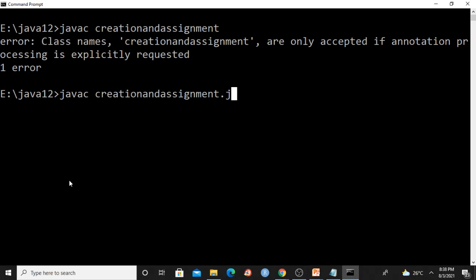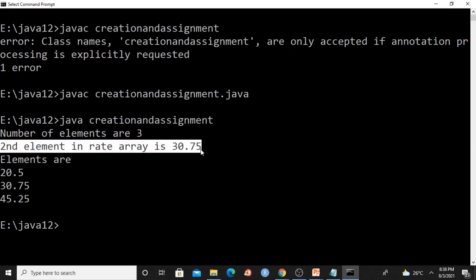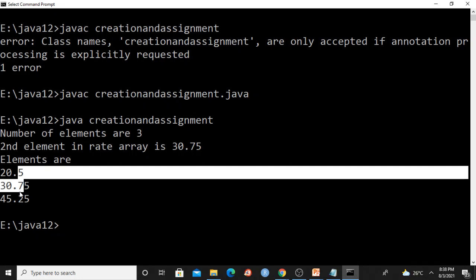Let me run this program. It is simple and straightforward, which we discussed many times. Same output. That's what we discussed. Number of elements are 3. Second element in rate array is 30.75. Elements are 20.5, 30.5, 30.75, 45.25.